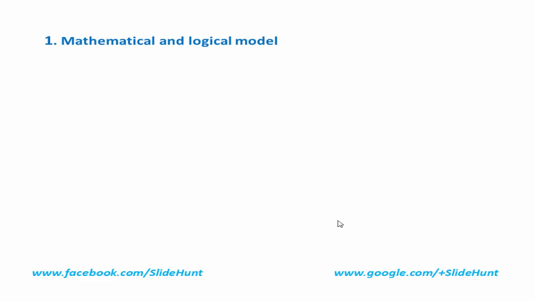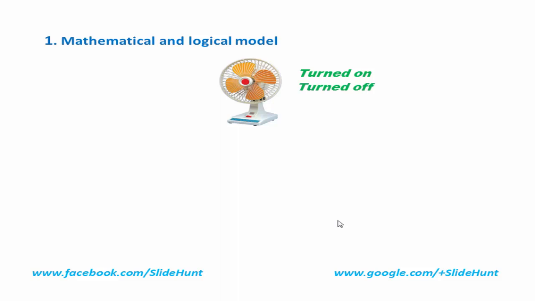To get it clearly, let's see a real life example. For example, we can say electric fan. The abstract view of this device is, it is an electric device which has turned on and turned off capacity, and when electricity flows, it can move. When we see abstract view, we don't worry how the circuit is designed or which company makes this device. So these are the abstract view of this device.